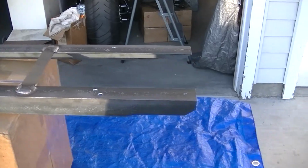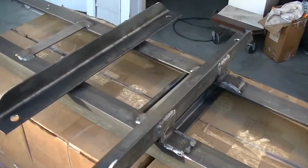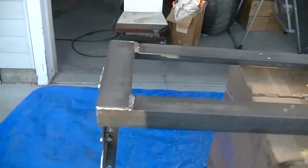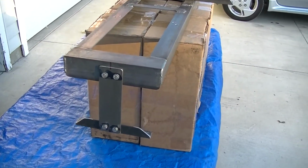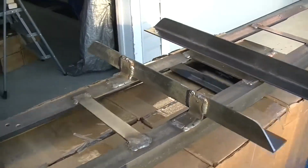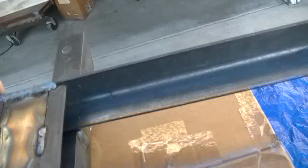This is the next battery rack. It's upside down right now. I'm gonna paint it, but I wanted to take a picture of it just in case I forget, because I go so fast that I forget to stop and video. So that's upside down, and here I'll flip it over. And this is right side up,